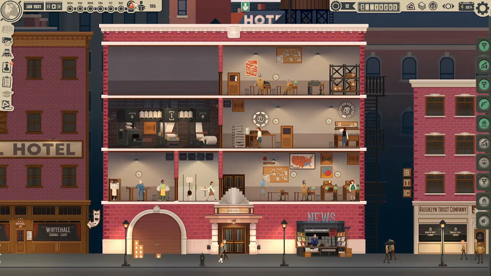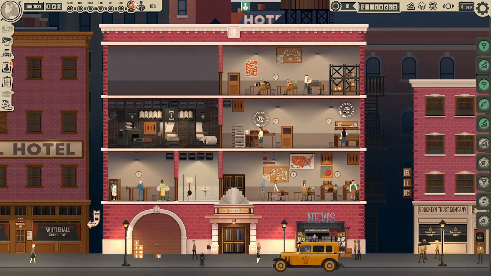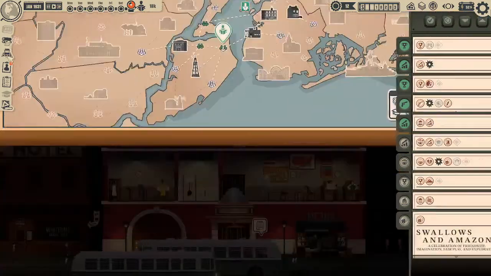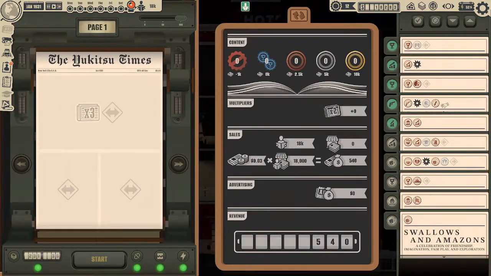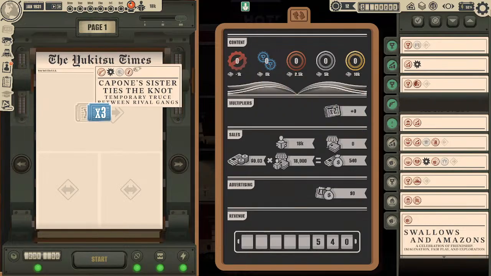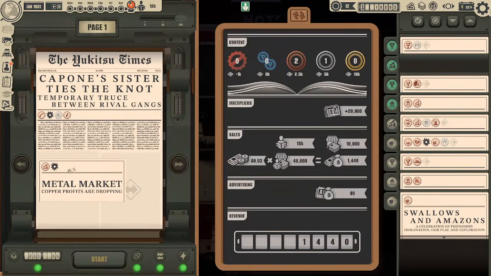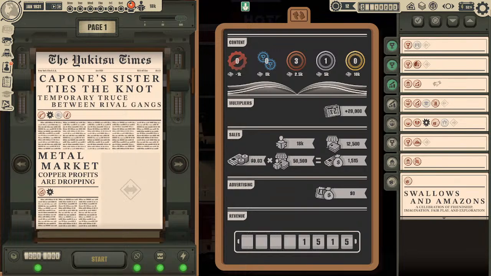I guess you can potentially miss it as well, but I kind of wonder what happens. Maybe if you just wait out the clock, it automatically prints whatever you've got there. Who knows? Anyway, we've got... Okay, we actually don't have the best newspaper this week. We do have the ability to do a couple of base value high ones, but...